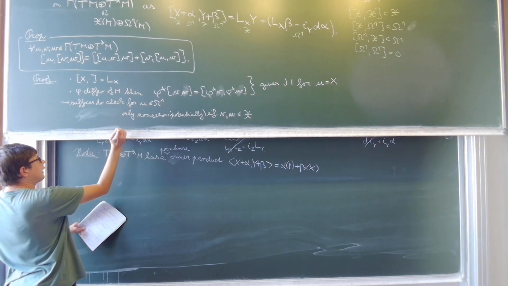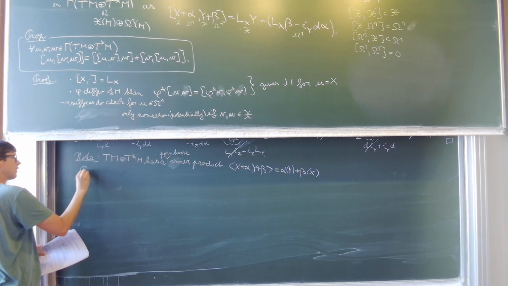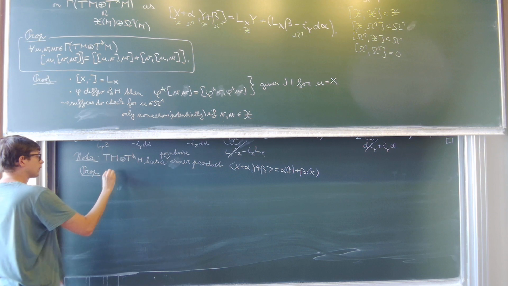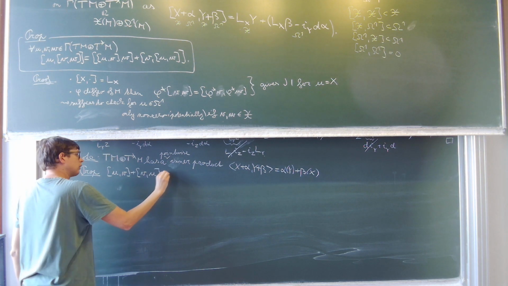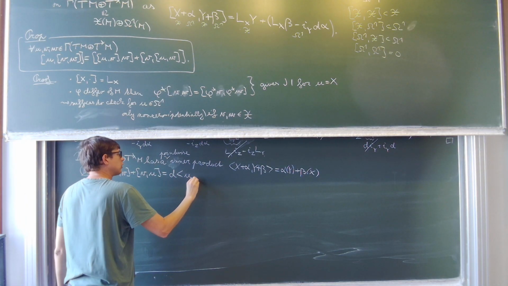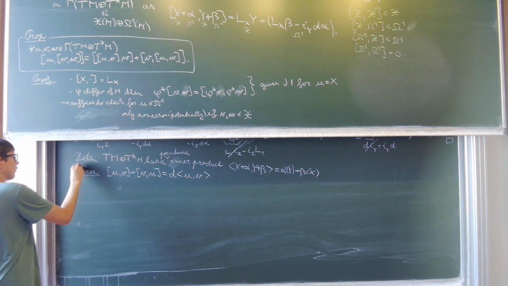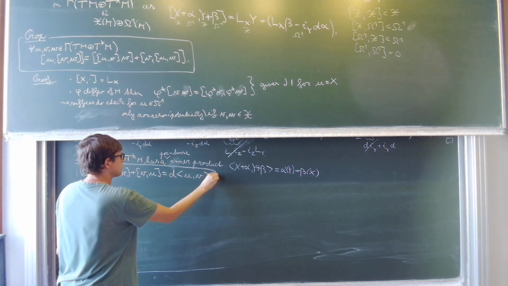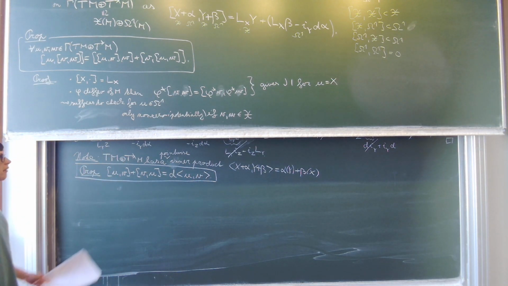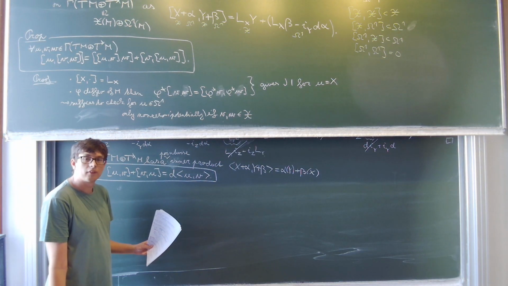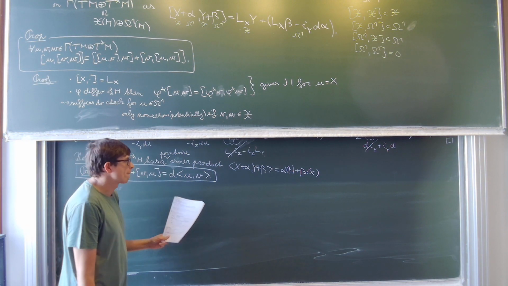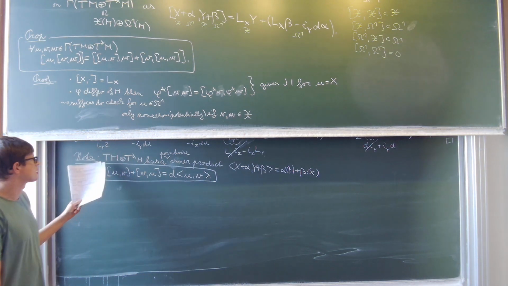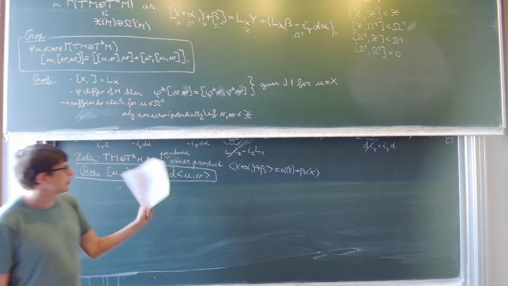Now, this thing interplays nicely with the above thing, so let's raise it as another proposition. If I have two sections U and V, then the antisymmetric part of the bracket, sorry, the symmetric part of the bracket is not zero, but it's given in terms of something that uses this inner product. So is the signature of the inner product always the split one? Yes, because both T and T star here are Lagrangian,